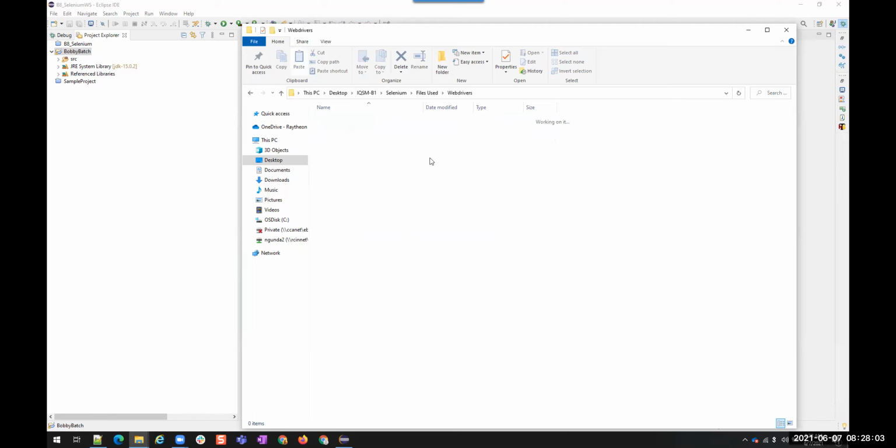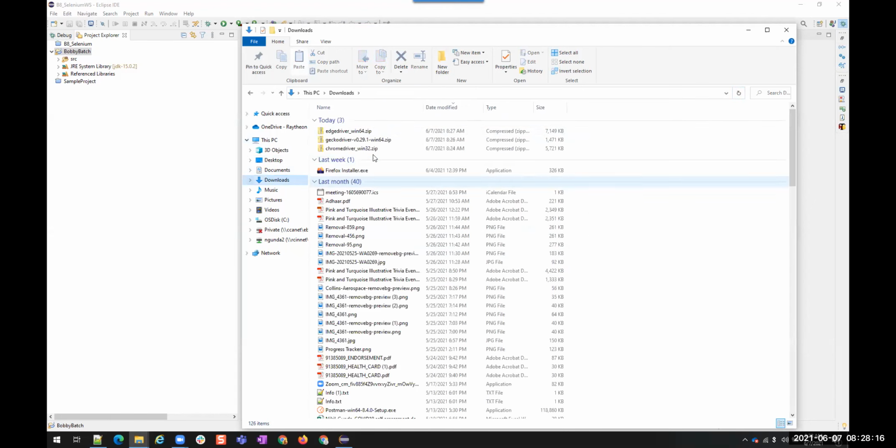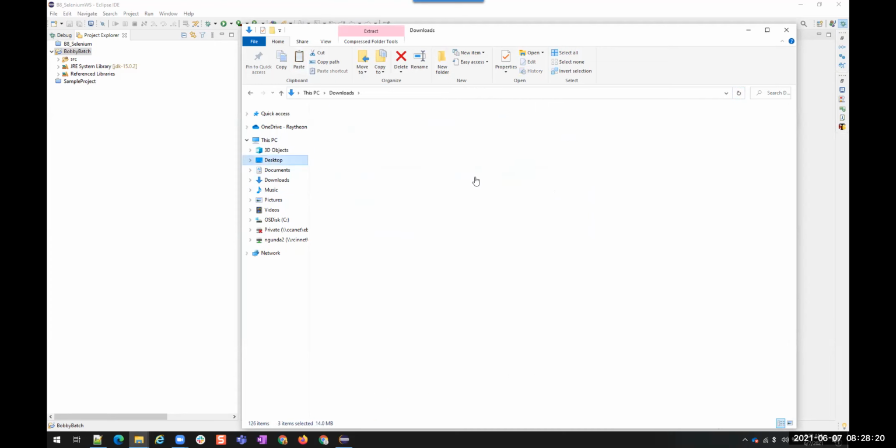I pasted all the drivers here. There should be some location where we safely store them, right? That is why I'm storing them.